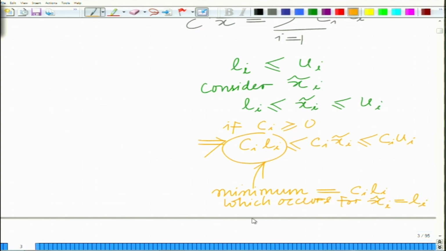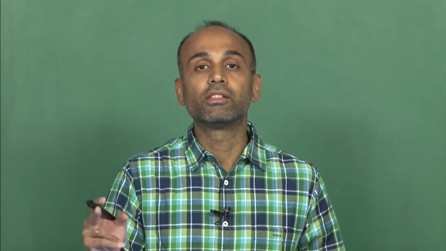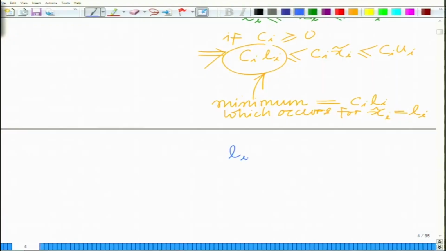Which occurs for x tilde i equals Li or xi equals Li, that is the minimum over this interval in this box occurs for Li if Ci is greater than or equal to 0. On the other hand, if Ci is less than or equal to 0, now again observe that Li is less than or equal to Ui for any xi, which implies